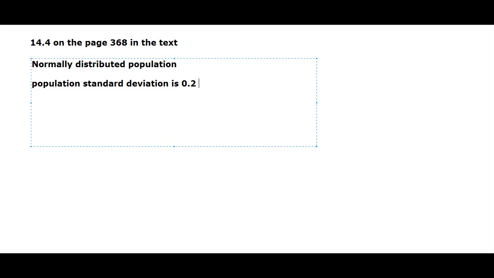And so we have a normally distributed population, right? That's what they told us. Then the population standard deviation is, what did they give us? 0.2 units, right? Okay. And the sample readings are